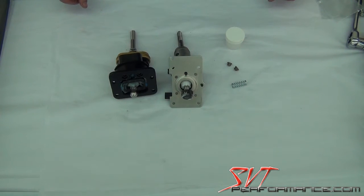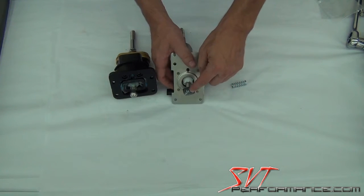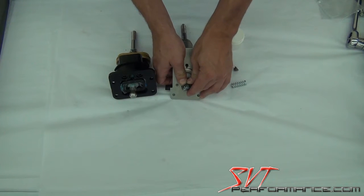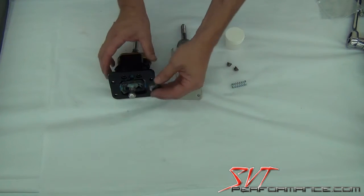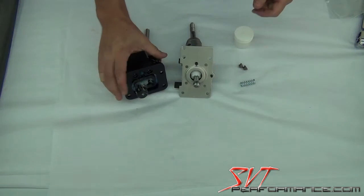Okay, we're now ready to mount the upper shifter assembly, but before we do that, we have to go ahead and transfer the pivot cup from the OEM unit to the MGW unit. And it has some white grease. We're going to re-grease the whole assembly, but don't wipe that grease off. There's no reason to. You just pop it off there, and if you see, I just pushed it with my thumb. And then to put it on here, you just want to push real hard and it snaps right on,